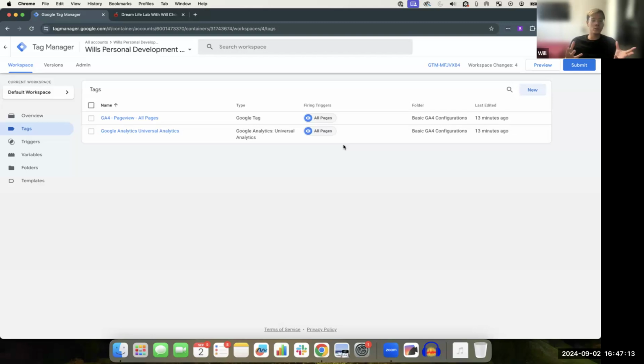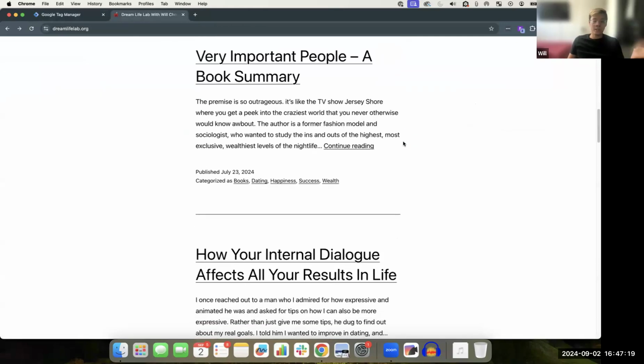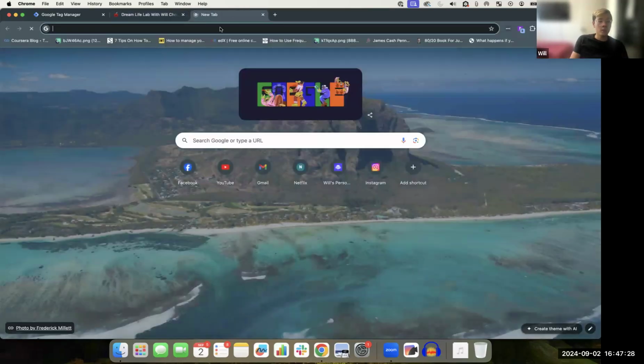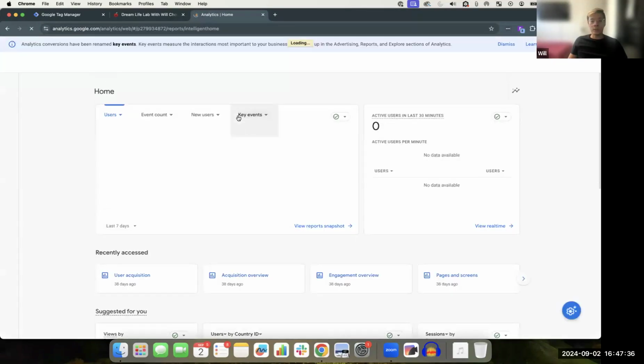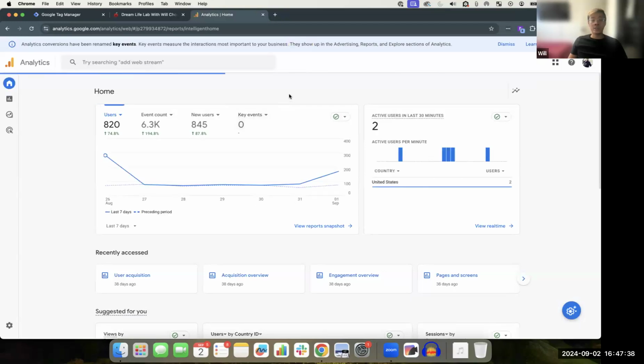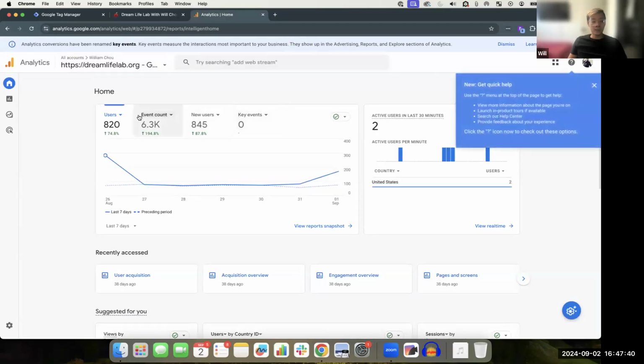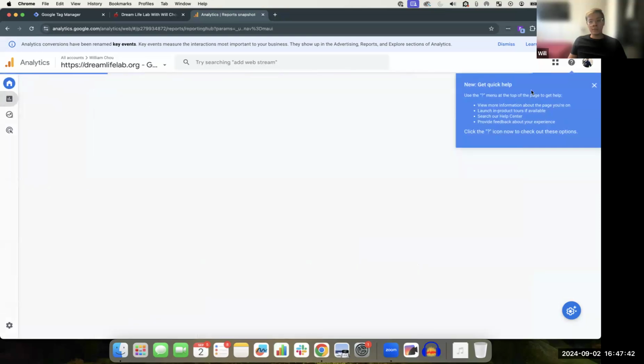So why do we need new tracking? Well, if you just install Google Analytics 4, which is what I have on this site, then you're just going to get very basic out-of-the-box metrics. Nothing special, nothing advanced. If you log into Google Analytics, you can literally see some of that. It's just basic numbers like page views, sessions, users, engagement rate, which is nice, as you can see,